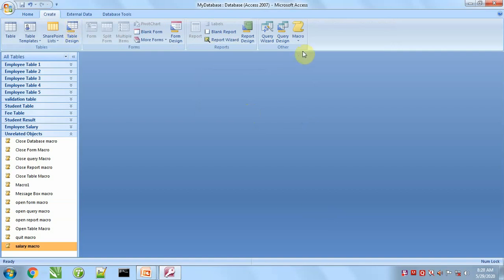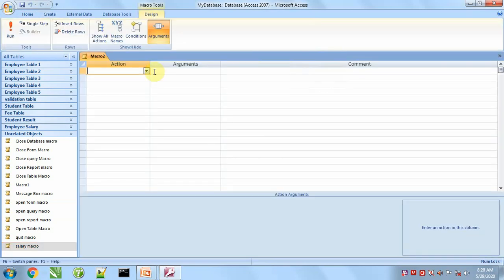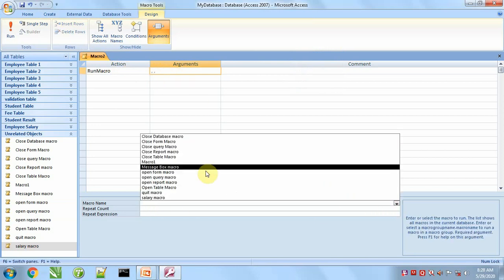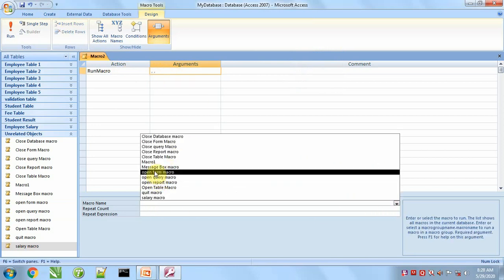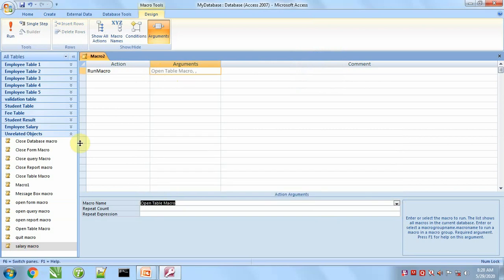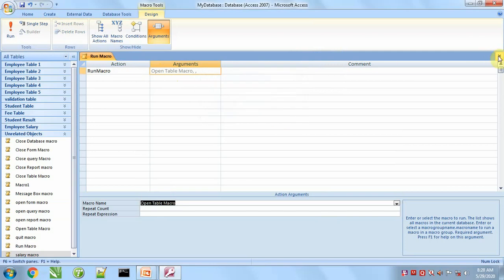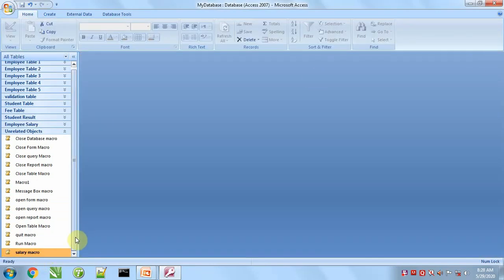Here is one more macro, run macro. This macro is used to run another macro. So we'll select for this open table macro. As soon as we click on run macro, it will run open table macro.